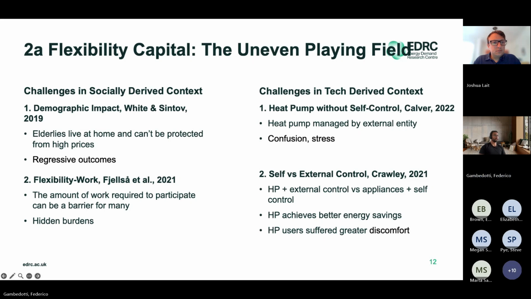In the study by White and Simtov, they were looking at the United States, but there have been many examples in Norway as well, where time of use tariffs that have been implemented in specific regions of the country, with the idea of incentivizing people to shift their demand and move consumption to times of the day that had lower demand and lower prices, actually ended up affecting specific groups like elderlies or unemployed people